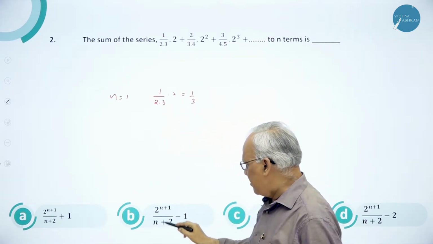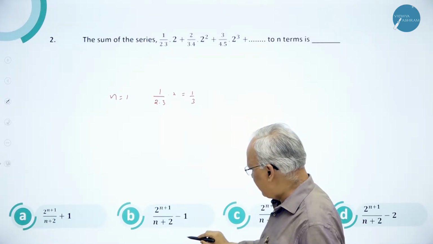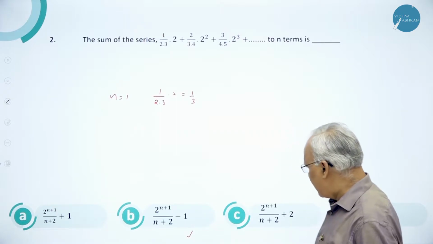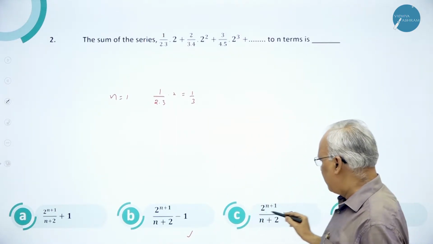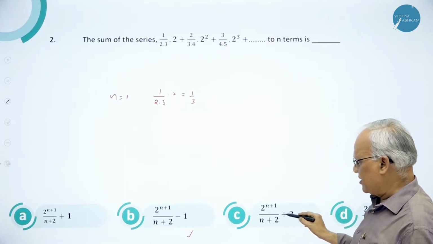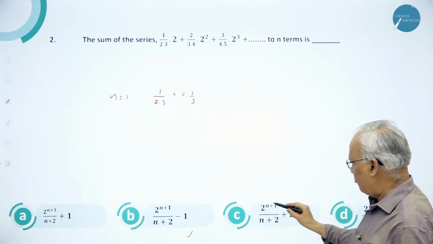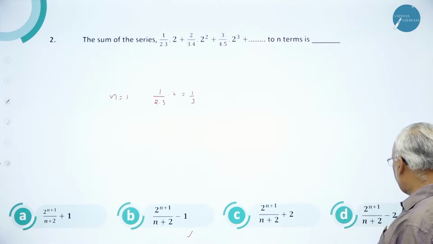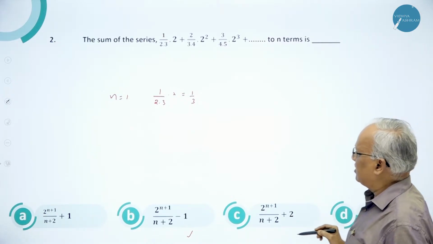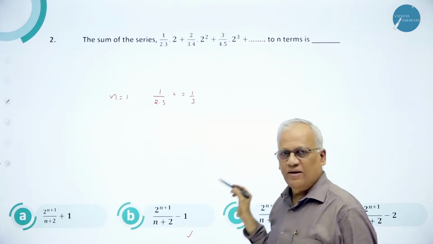Here it is 4 by 3 minus 1. 4 by 3 minus 1 is 1 by 3, so it is correct. And again, make sure that no other will give you 1 by 3, okay? So this is definitely not 1 by 3 because it is 2 power 2, 4. 4 divided by 3 plus 2. And here 4 by 3 minus 2. So none of them is equal to 1 over 3. Therefore, in one value, you can eliminate all other answers.